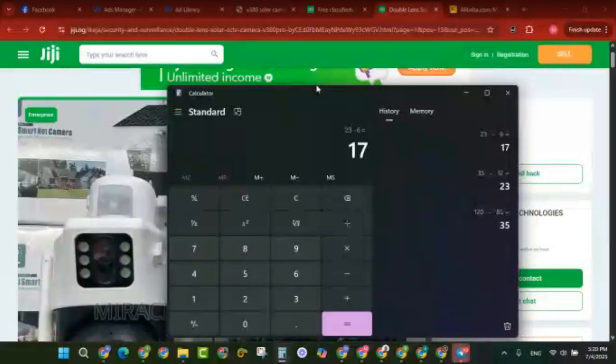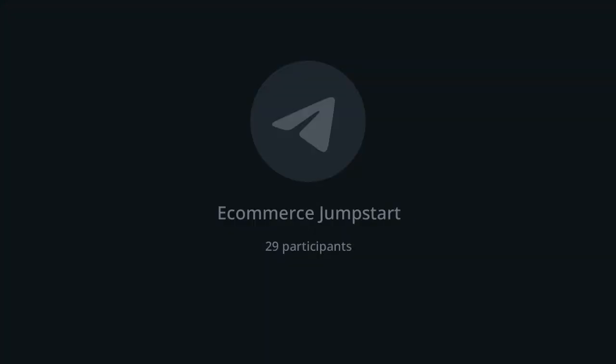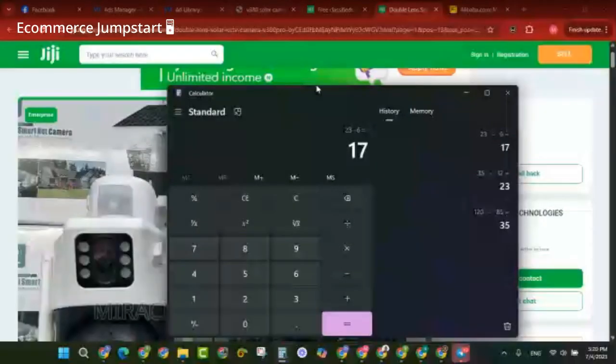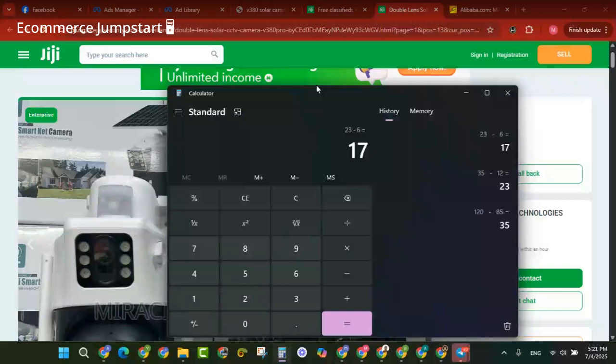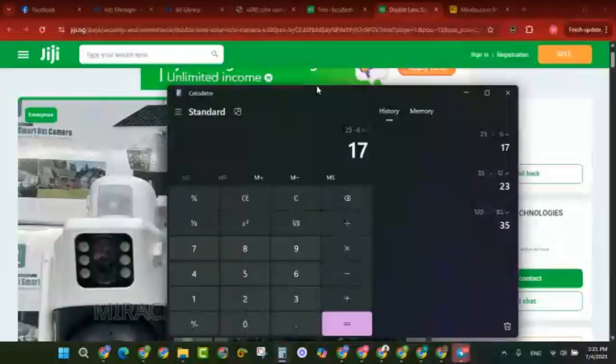So you have to explain how the business works for this person, that you too are taking a lot of risk. You are running ads on Facebook. Not everybody is going to be serious. Some people are going to order just for play, and you will have paid Facebook for the order. So you have to explain how the business works for them, such that those people are going to be truthful